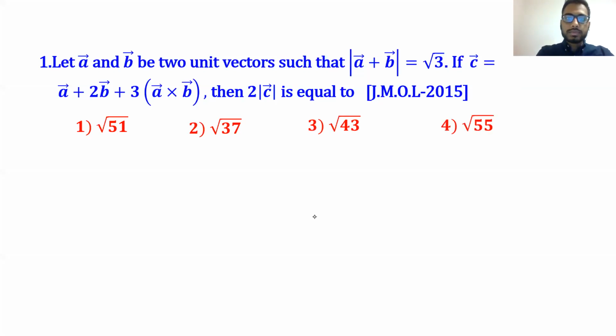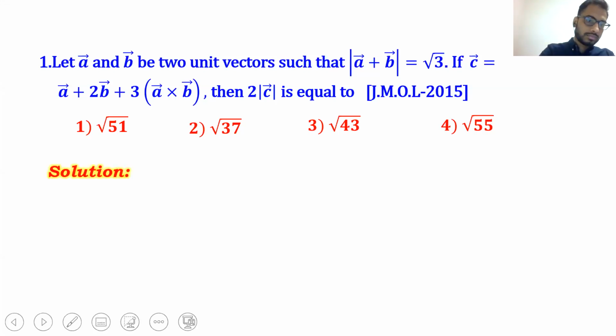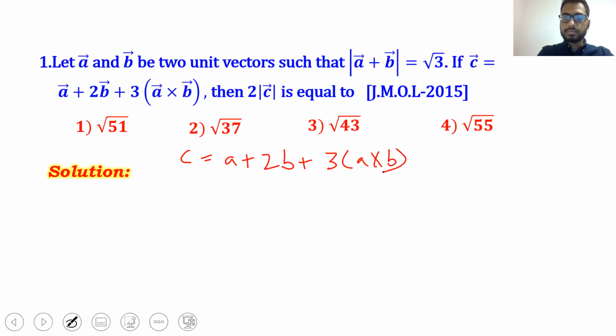What is given to us? It is given that C is equal to A plus 2B plus 3 times A cross B. I want 2 times magnitude of C. So magnitude of C I can get if I square this term. So suppose squaring on both sides, I'm going to get